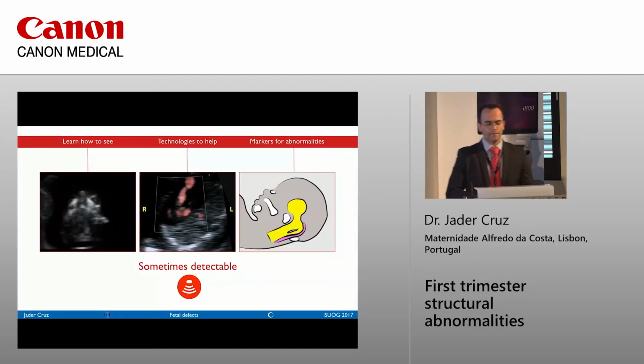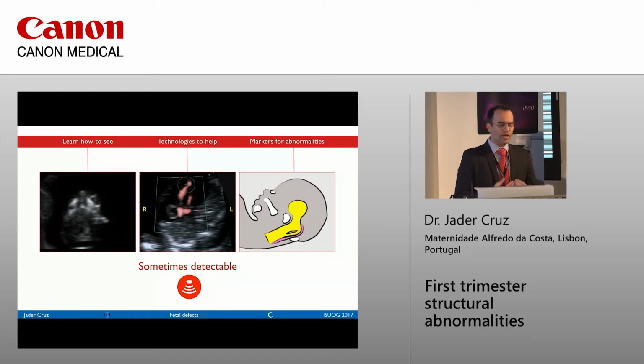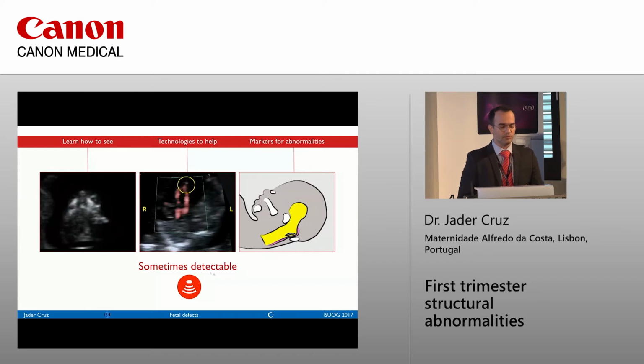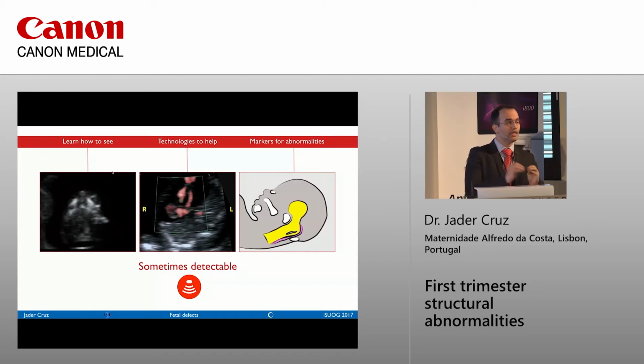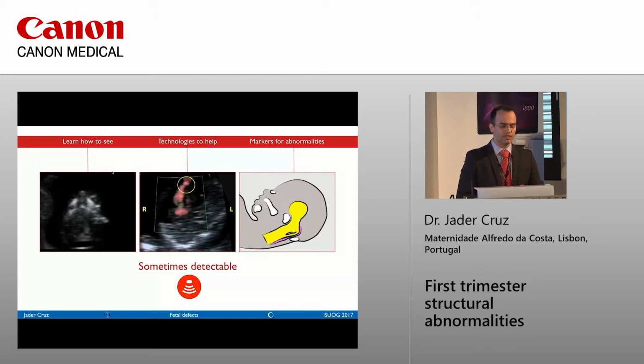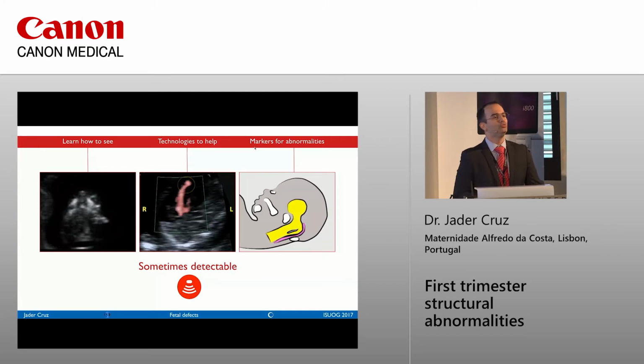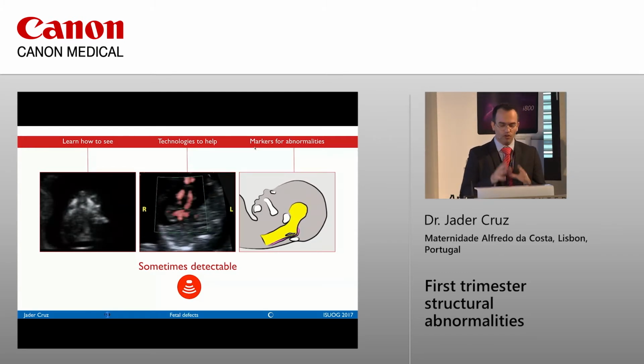Then we move to the fun part of the structural abnormalities, the ones that are potentially detectable. It was sometimes called detectable, but I prefer to call it potentially detectable. Why are they potentially detectable? I'll show you some examples. They will depend on you learning how to see the structure and how to detect the abnormality. They will depend on you having technology that may help you to see a structure better so you can detect more. And they will depend on markers that you have that will help you to think of the presence